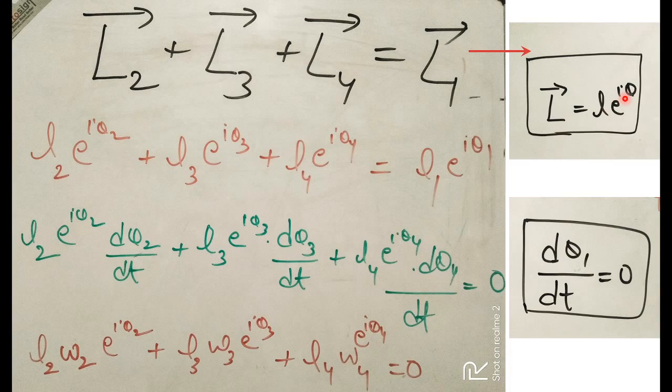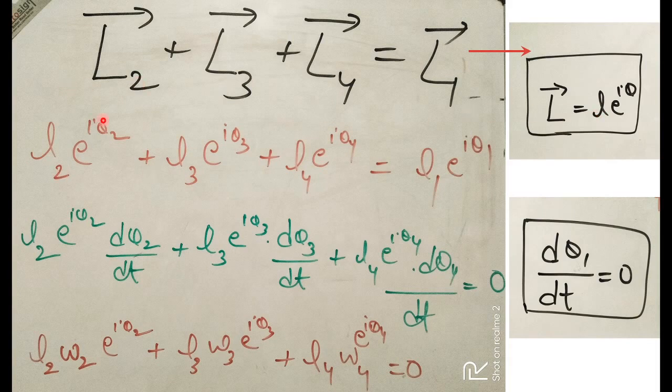Okay, this is an expression you're supposed to know. So here we have 4 vectors, so you have to substitute this expression in each of them. That is the second step. So next step you have to write, first, since vector L equal to small l into e raised to i theta,